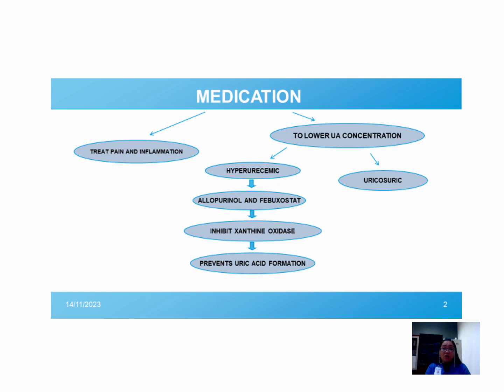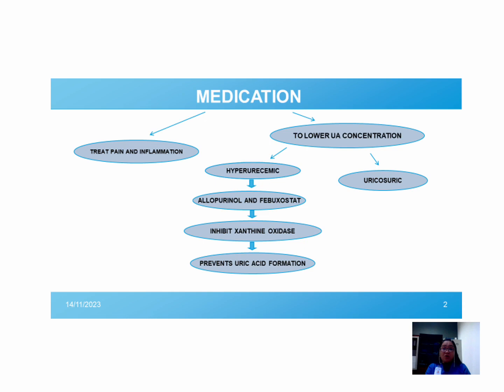How are we going to lower the uric acid concentration in the body? It is divided into two categories or classifications. This is about the medications to be utilized. The first classification is the hypouricemic, and the other one is uricosuric. Now, what are the types of hypouricemic medicines? There are two types on my list, which are allopurinol and febuxostat.